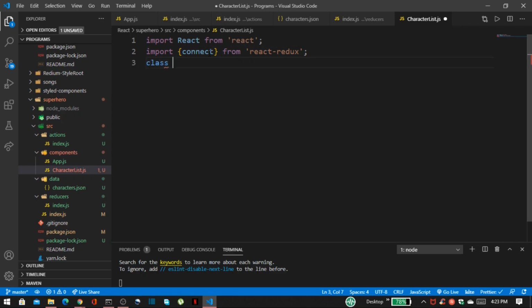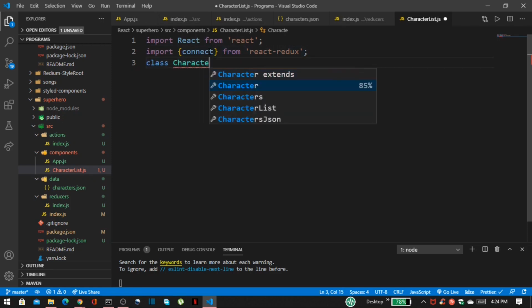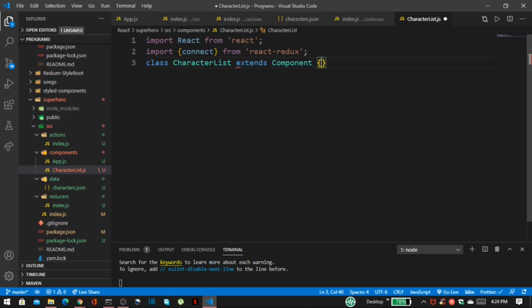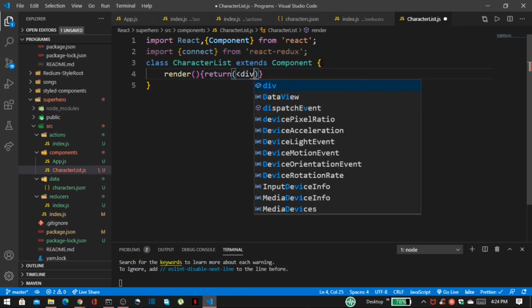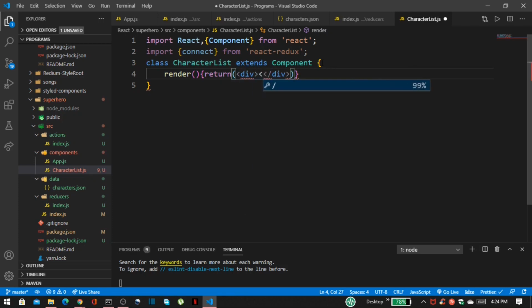Then we have to call our class. Our class name is CharacterList that extends Component. So we have to import Component here. Then render and return something. Inside that first a div, and inside our h4 tag I want to call characters.